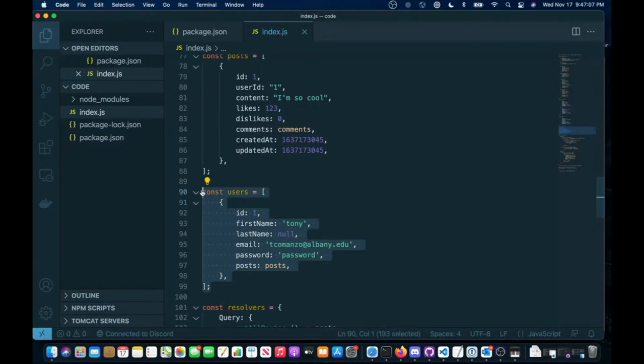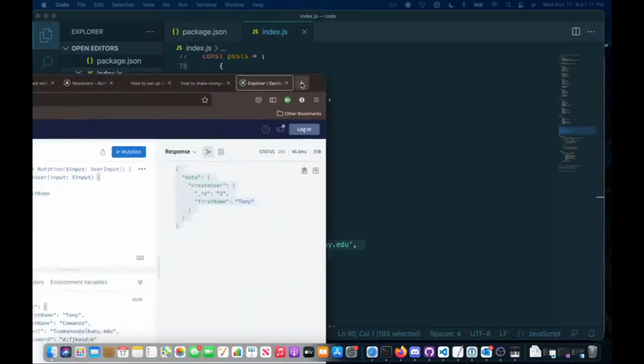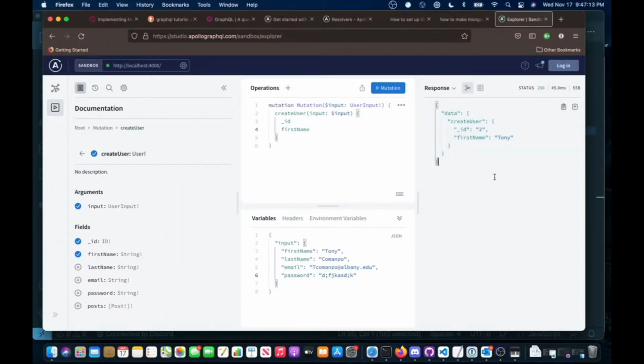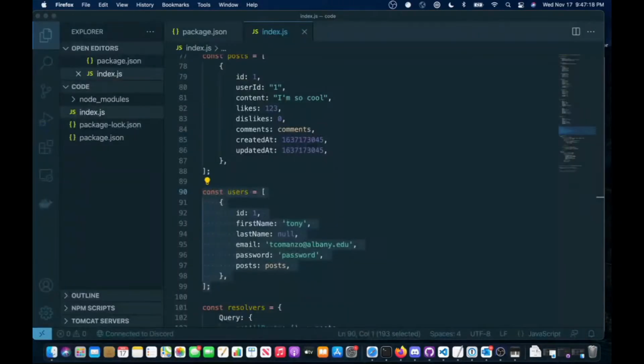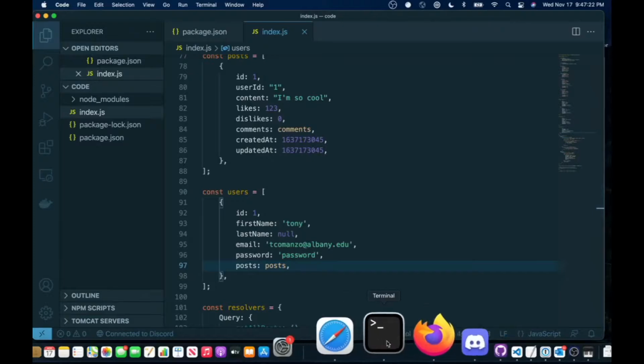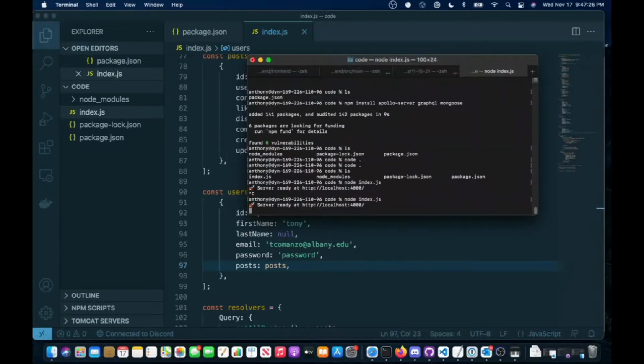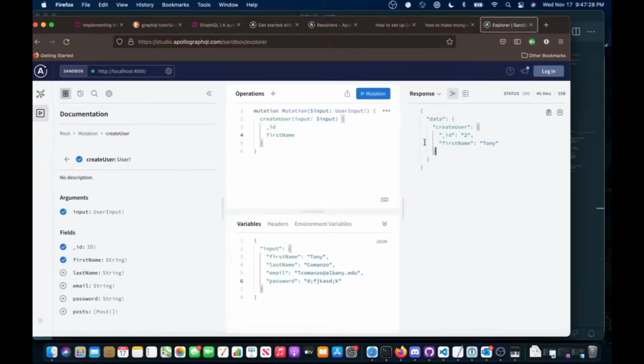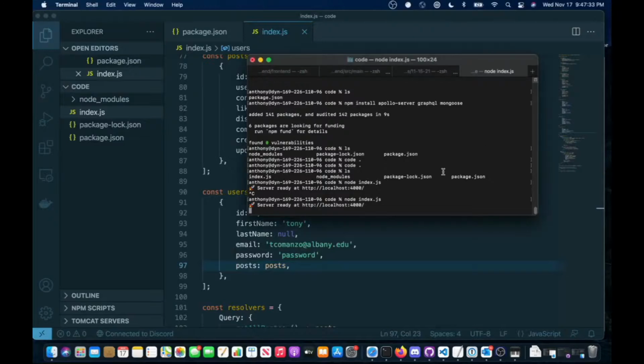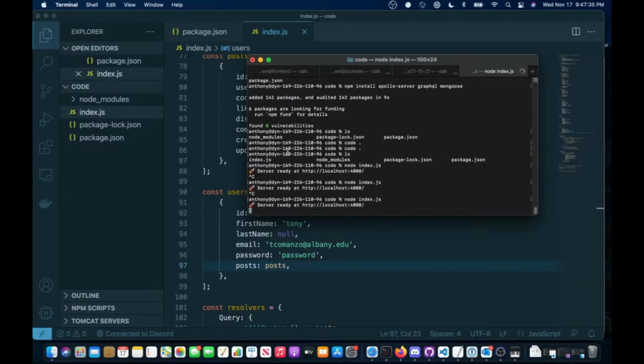Basically, this new user that I just made gets stored in memory until the program ends or until I shut it off. So for example, note how the ID is 2 right here. If I turn off my server and turn it back on,